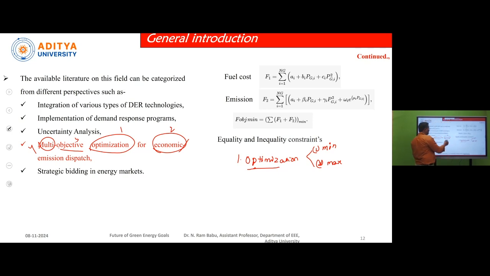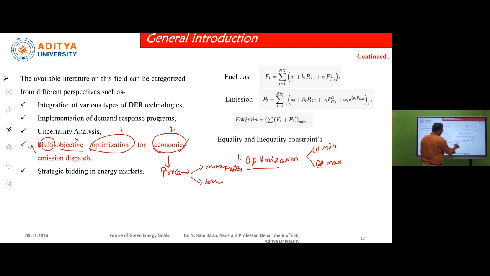And the second one is economic. Economic, in the sense, in terms of price. How can we optimize the price? Maybe we can earn more profits. How will we get more profits? By selling our energy to the grid. And the second one is